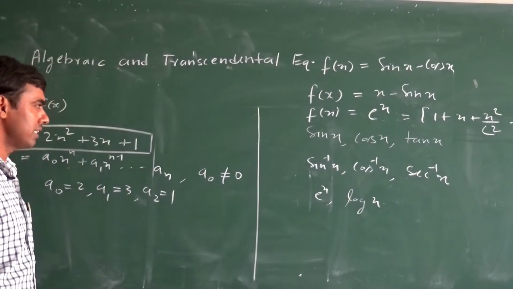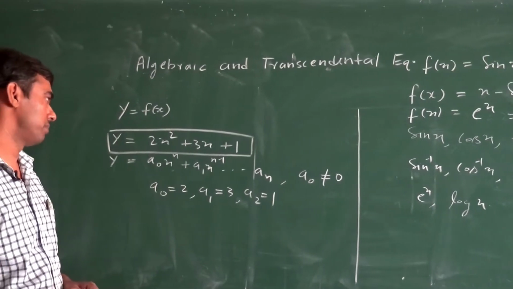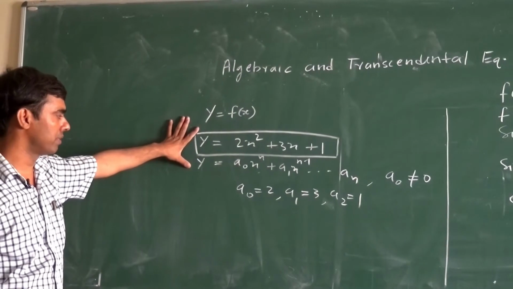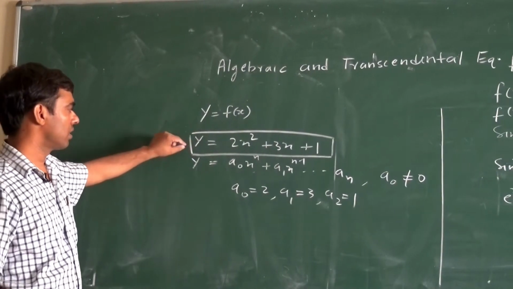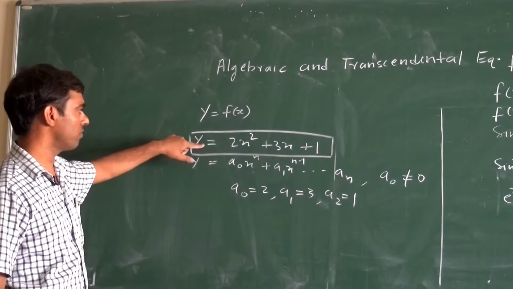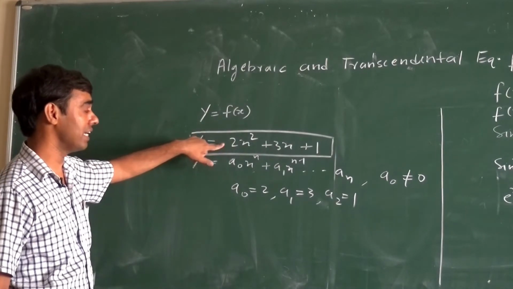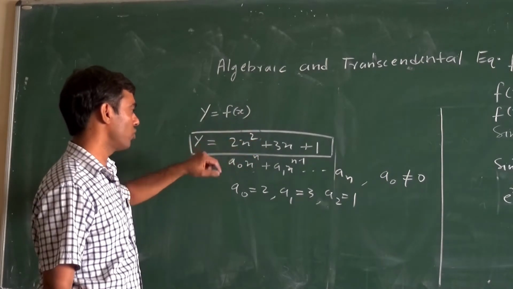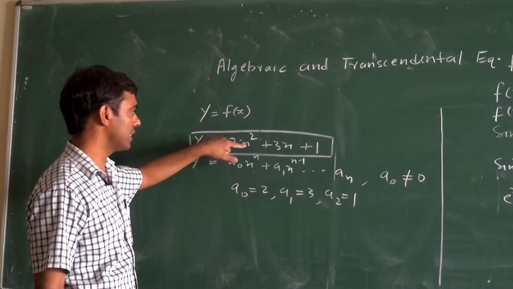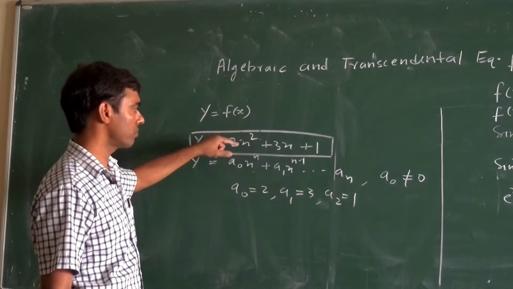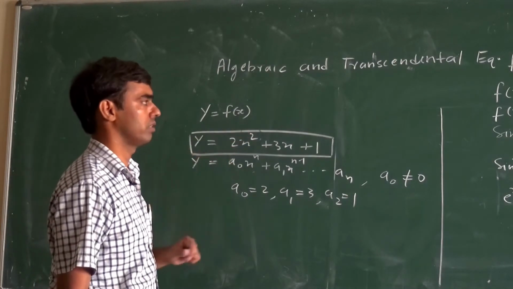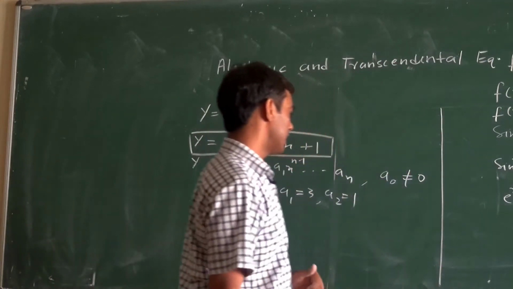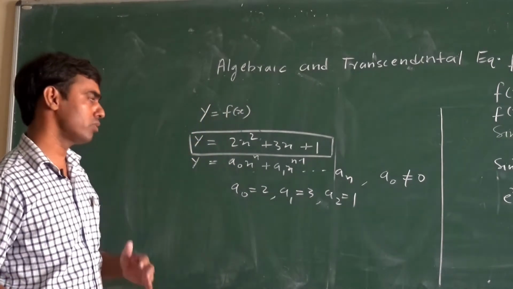Also, there is a difference in terms of the solution. As we know, by the fundamental theorem of algebra, the number of roots of a polynomial equation is exactly equal to the degree of that polynomial. What is the degree of this polynomial? The degree of this polynomial is 2. So there are exactly 2 roots. But in the case of a transcendental equation, this is not true,